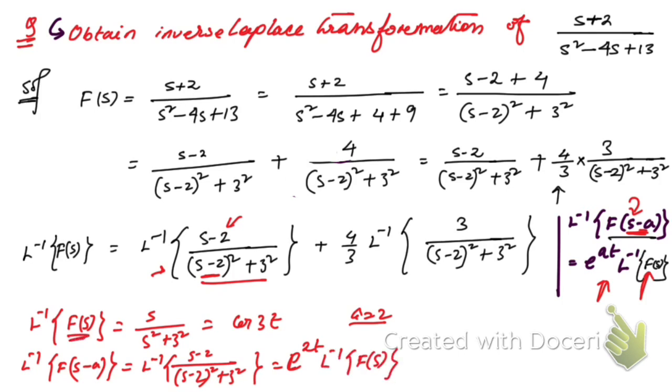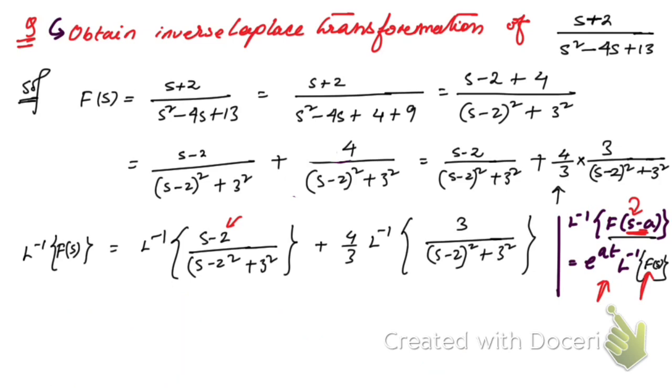So here F of s is nothing but this one, right? Its inverse Laplace transformation is cos 3t. So that's why we're going to have e to the power 2t cos 3t, right? Let me clean this, just wait. Hope you have understood this. So this is going to be e to the power 2t,